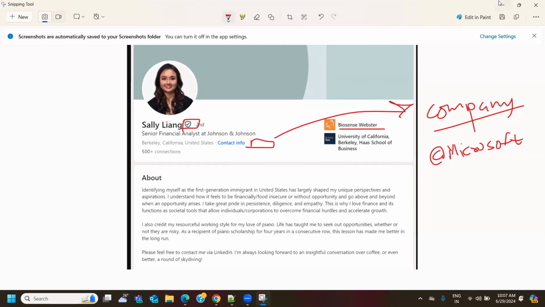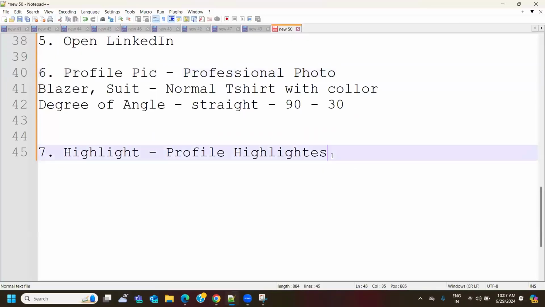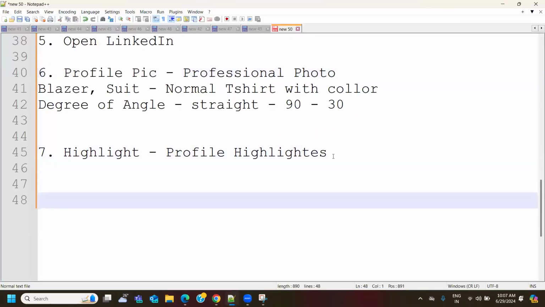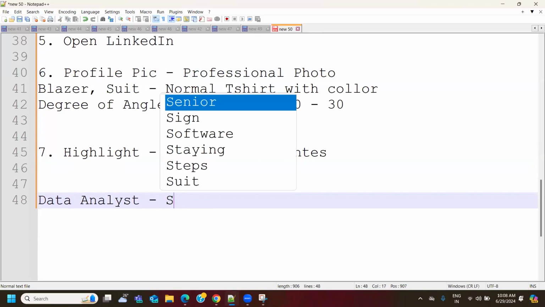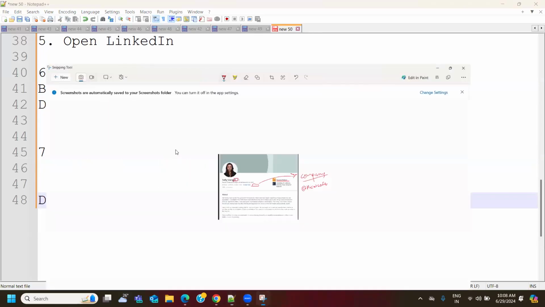Now that is done. Next, highlights. How should you mention your highlights? See, I'll only talk about data analysis more. If you are from a non-tech background also, it is up to you how you mention it. But I'll take the example of a data analyst. You're working as a data analyst who knows SQL and Power BI and a few Azure concepts. Now you should always mention highlights, meaning this component.